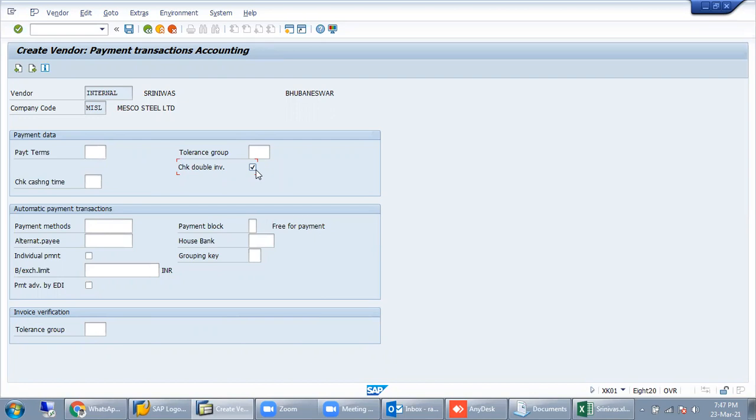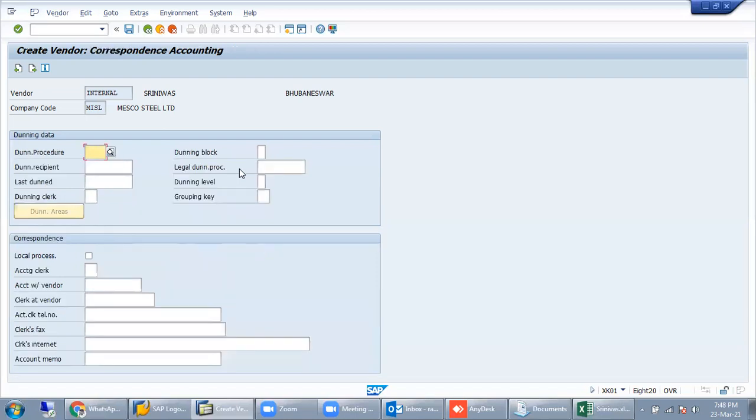In that condition, if we check for double invoicing, the system will give an error. It will stop the end user from making the mistake. Just press enter.